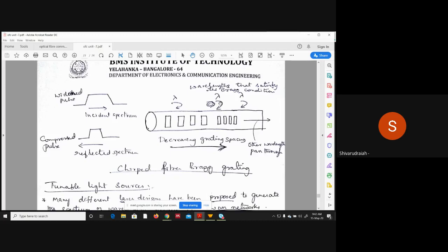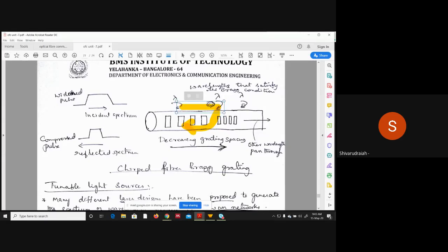And you can see the second wavelength signal is satisfying the grating condition at this point, where it has crossed almost 5 grating structures. So this second wavelength will start getting reflected at a distance which is greater than the distance at which the first wavelength is reflected. Okay, so this second wavelength has traveled so much distance before it starts reflecting, correct?